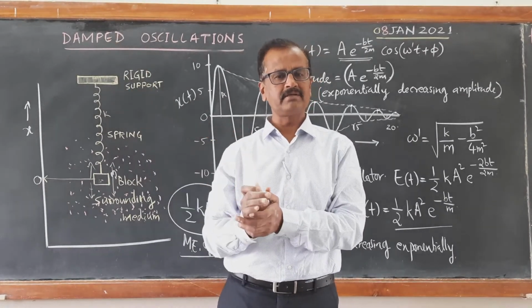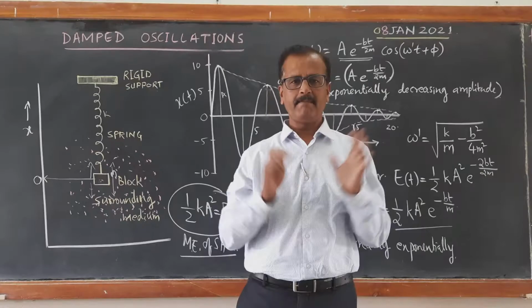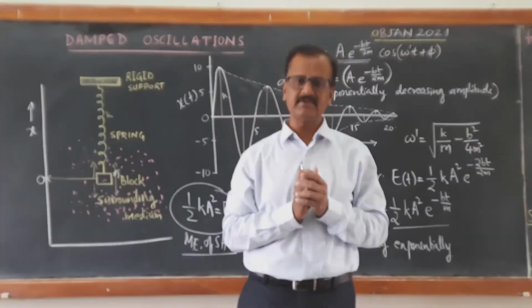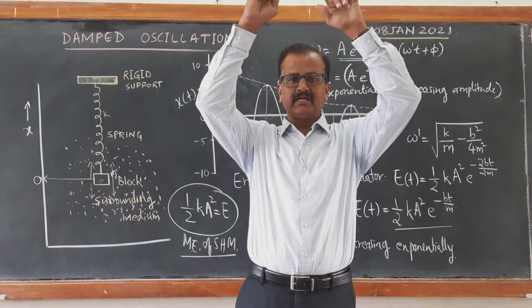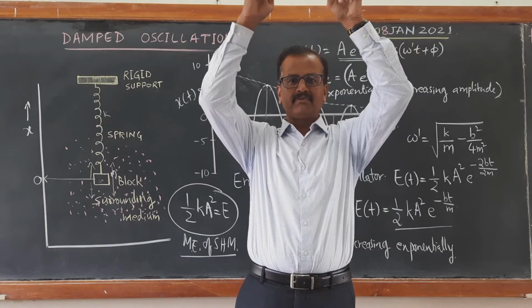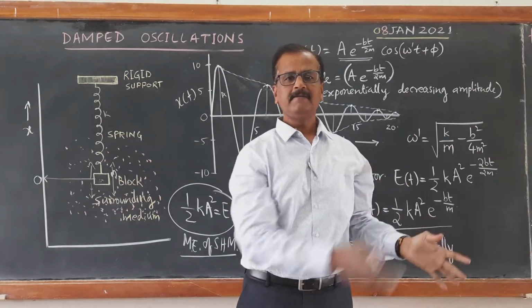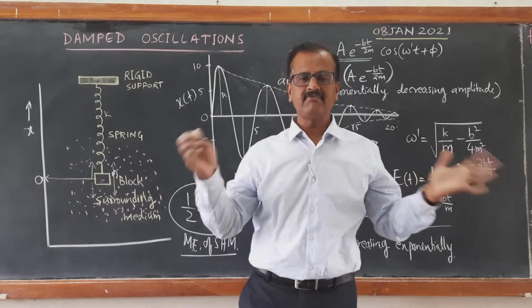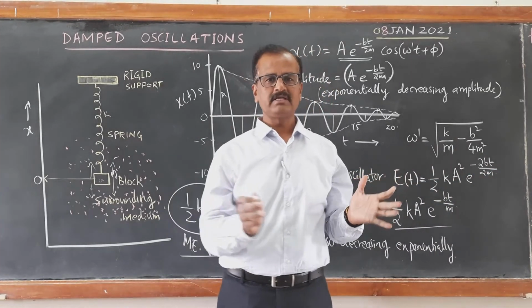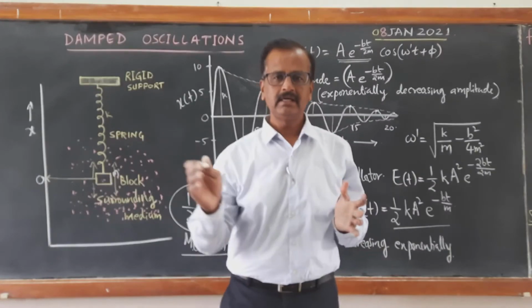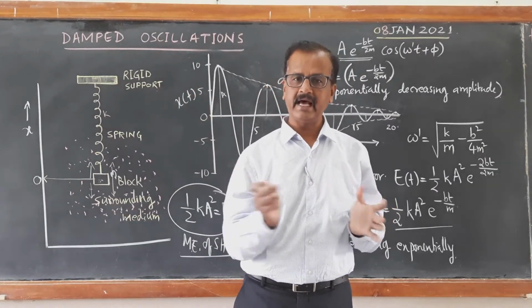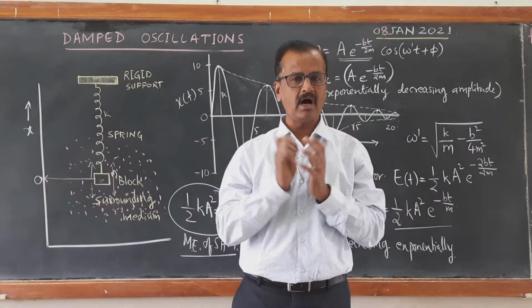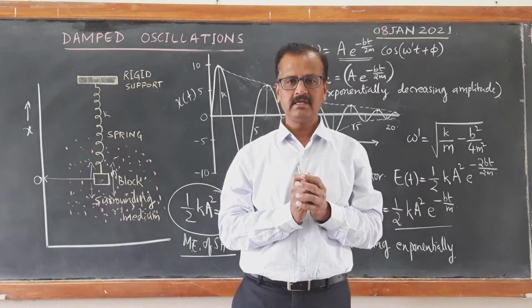I think you got the point. Once you leave applying external force, then what happens? Because of the friction in the point of support of the rope, and because of the air resistance, the viscous drag of the air, the swing oscillations eventually decrease, eventually die out, and the swing comes to a halt. This is our common experience.